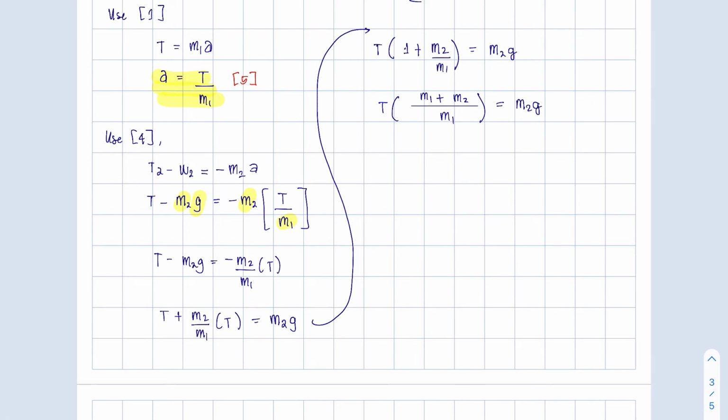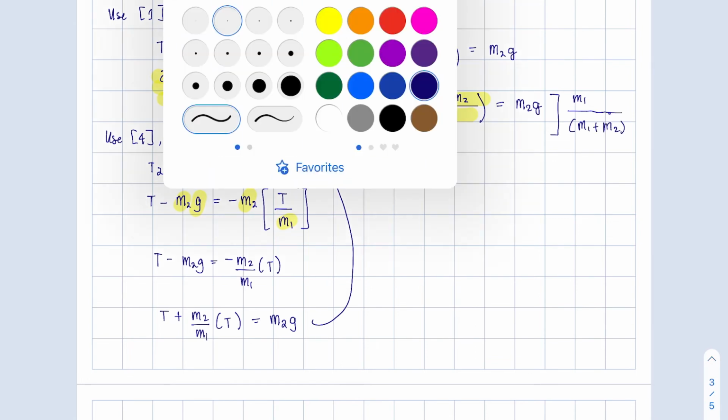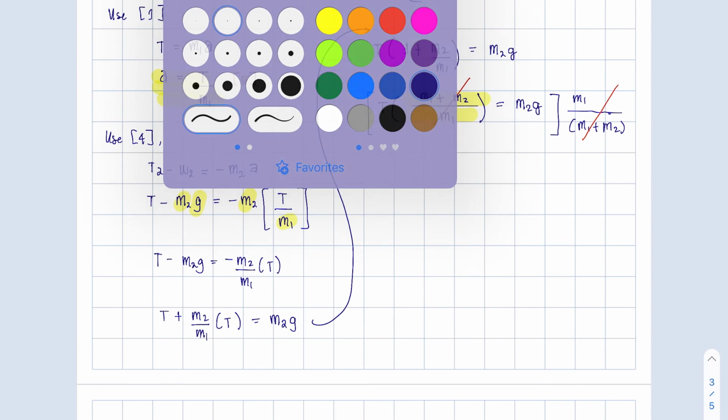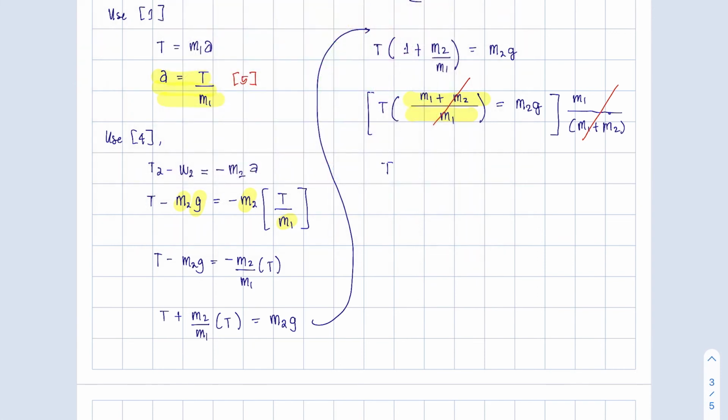So I am going to then multiply both sides of the equation by the inverse of this one, which will be m1 all over this term, m1 plus m2. Because doing that will guarantee that this portion here on the left-hand side will be cancelled out, leaving us with only the variable t, which is what I am after. So t is equal to, I will have